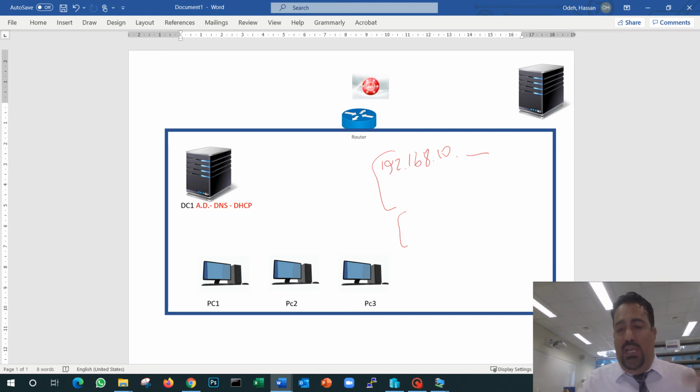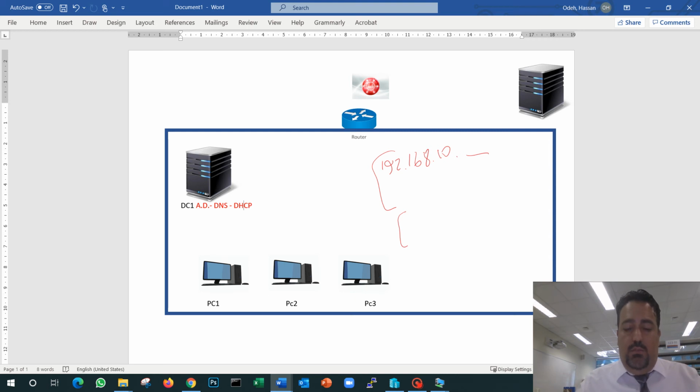If a company is small like this and we are not expecting it to grow big, we will use 192.168.10.something or 192.168.100.something, and we don't need to grow bigger than this. If I'm expecting the network will go bigger, like 250 machines or 300 machines or 500 machines, I have to remember what I studied in my IP address courses and the CCNA courses and how the IP addresses get calculated.